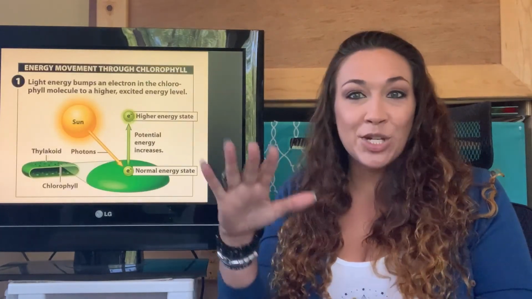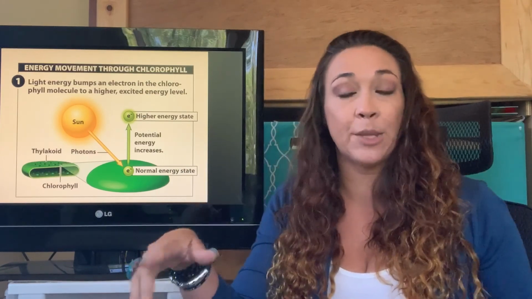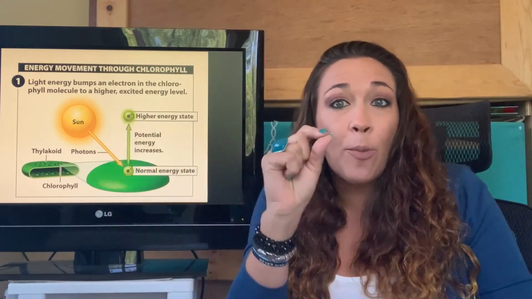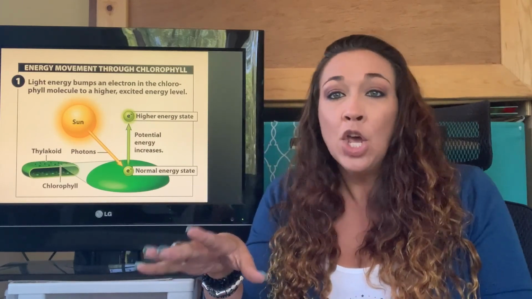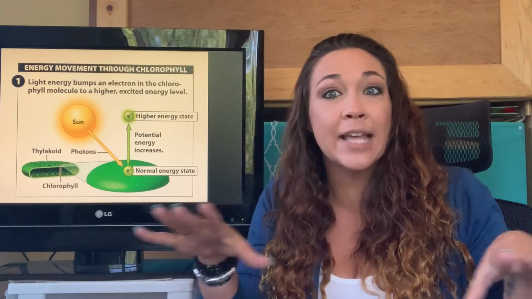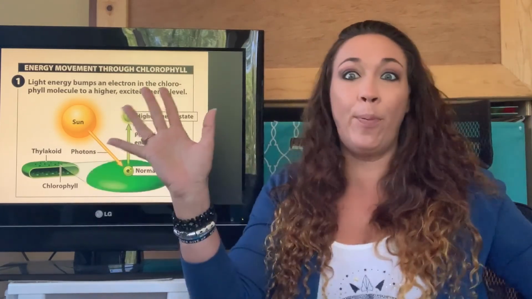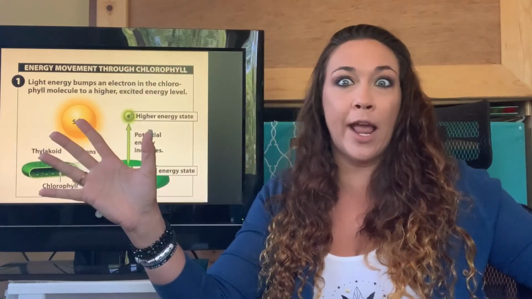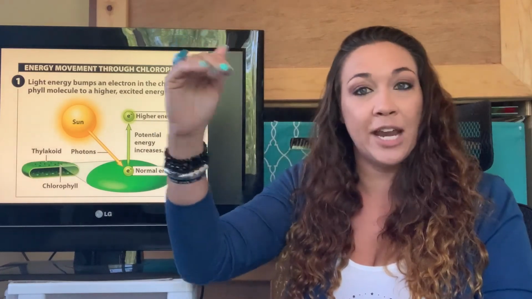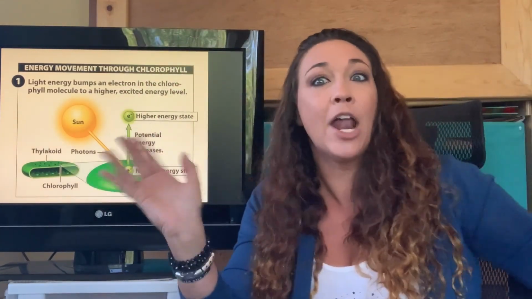Now, here's what's actually happening when these photons of light hit the plant. Light is traveling from the sun in these little packets of energy called photons. So when it hits the chloroplast, what happens is it actually excites one of its electrons. So inside that little atom, one of the electrons is like, whoa, I'm super high energy now. Like, I'm excited, right? It raises their energy state. So now it's one of these super crazy electrons. It's like, oh my God, I have all this energy, right?